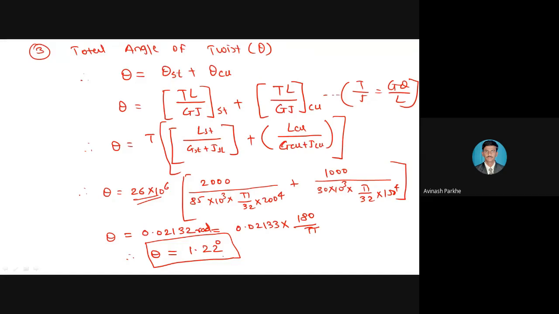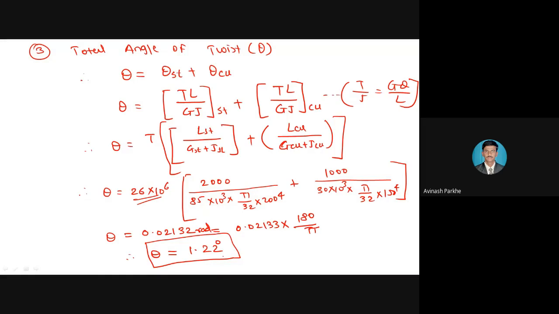In radian, 0.02132. If I have to convert that radian value to degree, multiply by 180 by pi. Radian to degree, multiply by 180 by pi. But if I have to convert degree to radian, we have to multiply by pi by 180. Exactly opposite. So please check your answer. 0.02132 is in radian. To that radian value, I multiply by 180 divided by pi. You will get the theta in degree, 1.22.